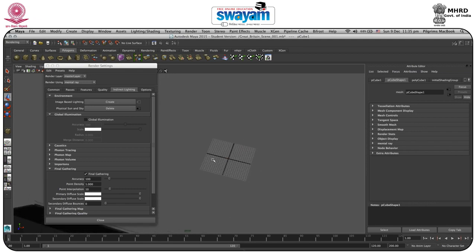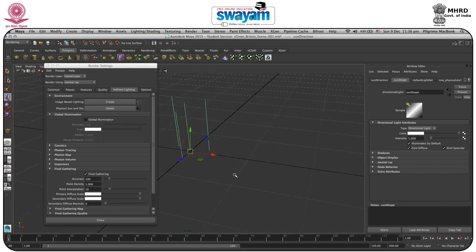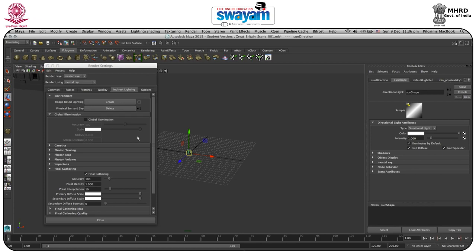If I zoom, you can just click that part, and I will press F. Now you can see it's very small. Whenever you are making physical sun and sky, this directional light will form. So what you have to do is press R for scale. I will just scale this up. Okay,